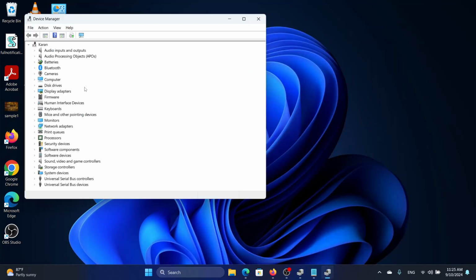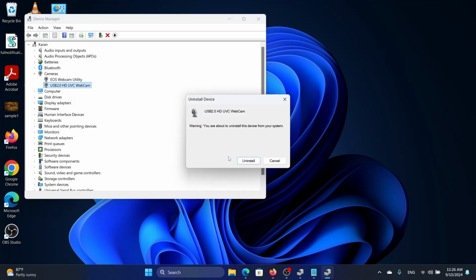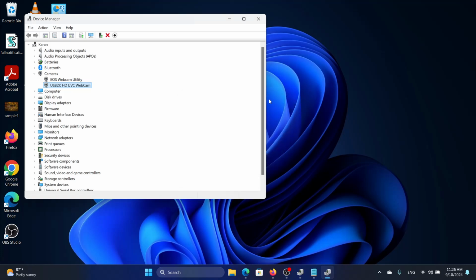Right? And now once I disconnect the peripherals, I'll connect them back one by one. So first, for example, I'll connect my camera, and then I will expand cameras and I will see my USB camera is here. So what I will do is right click on it and uninstall the device. Click on uninstall again, and once it is uninstalled, then you click on cameras here, and then you click on